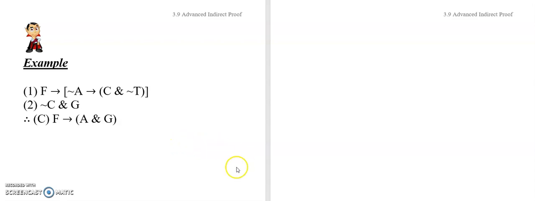Alright, Logic fans, it's Ash again. We're on our second video on 3.9. This is video 3.9b, and we're learning all about how we can combine CP and IP and nest IP within